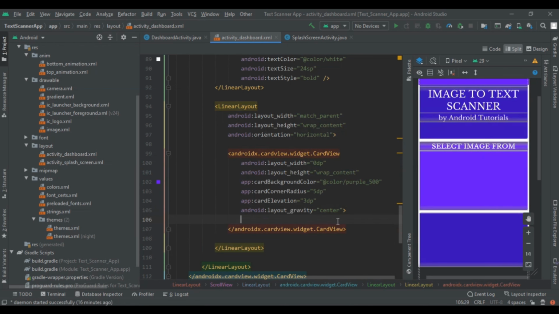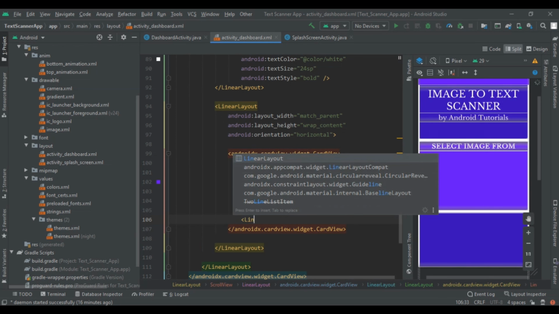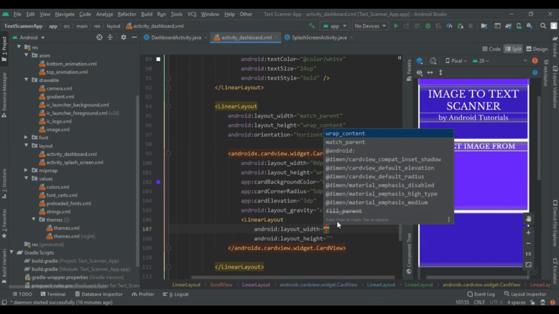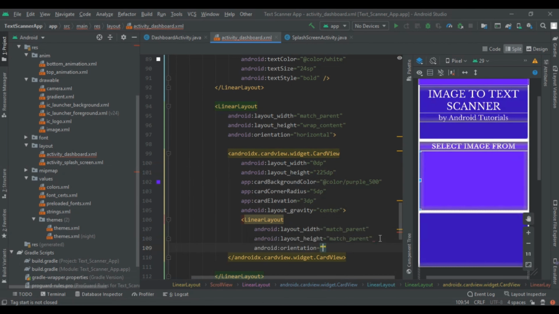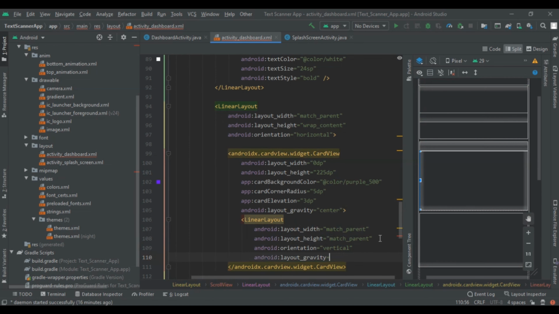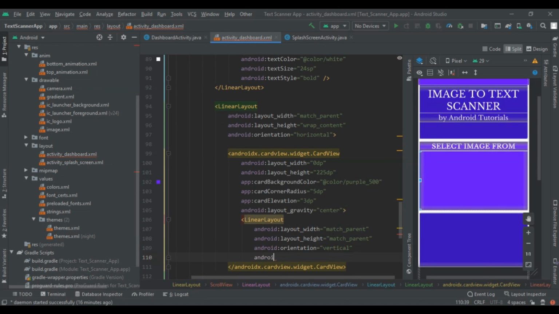And then add linear layout. Width will be match parent, height also match parent, and change here height from wrap content to 225 dp, and then here orientation will be vertical, and add gravity, not layout gravity but just gravity.